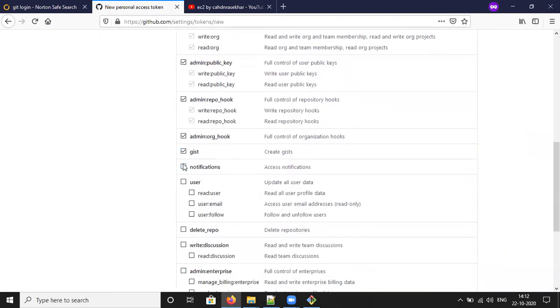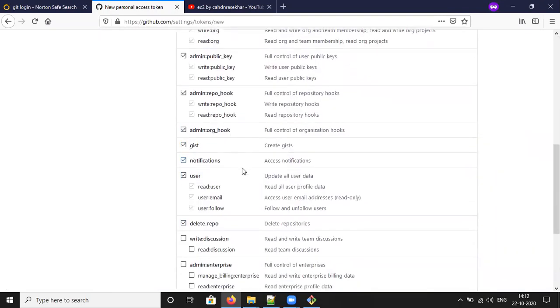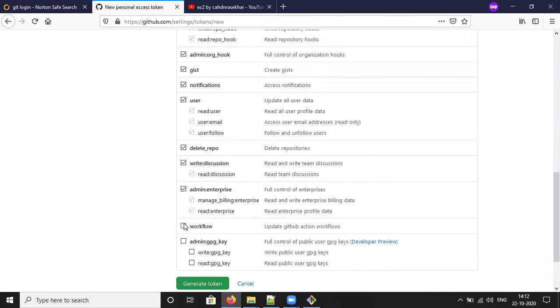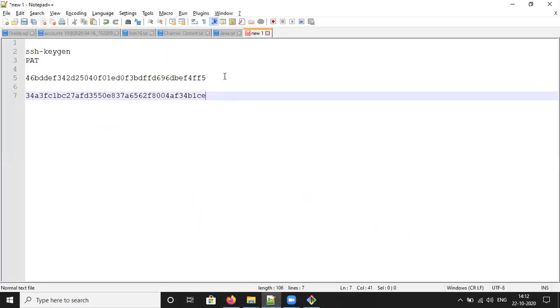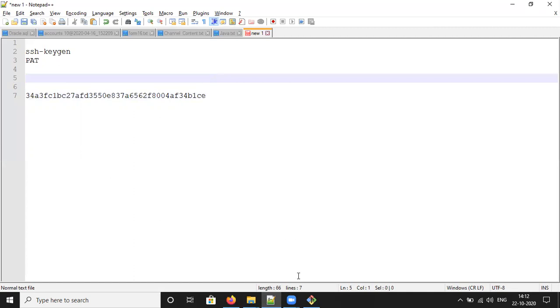I'm selecting all: gist, notifications, user, delete repo. Generate token. Immediately after generating the token, you need to copy this token, otherwise you cannot see it. Remove this.